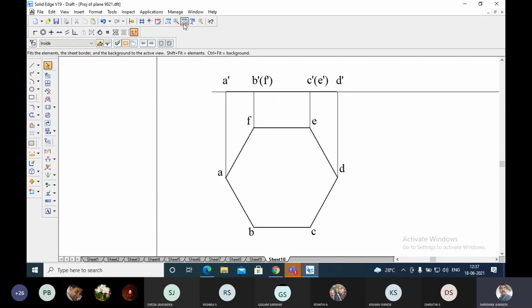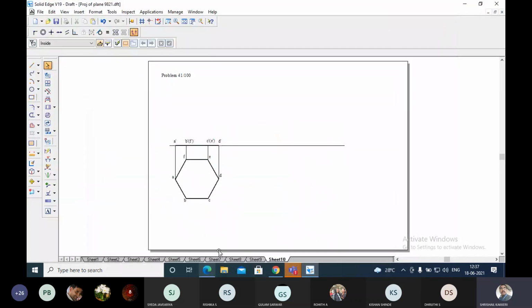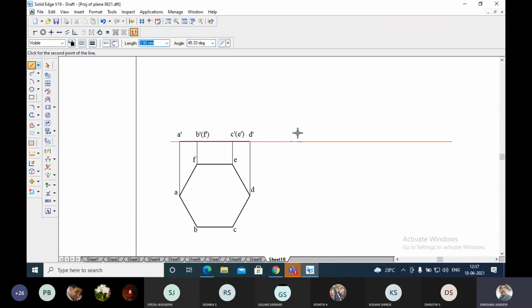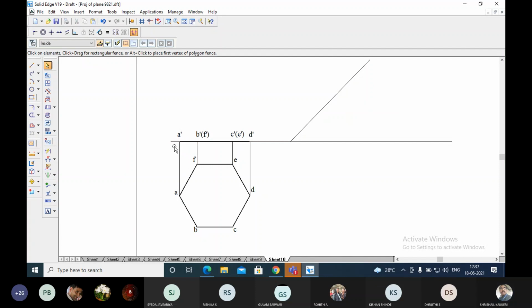One point is over. Now they have given us that the surface of the lamina makes an angle of 45 degree with respect to the horizontal plane. So 45 degree I have to take. Take some length, a 45 degree line I am going to take. This should be a thin line. Now I request you to take, along with these two lines, the end lines also, already it will be available. Move this, copy from the end of this one, give attention properly to the end of this.